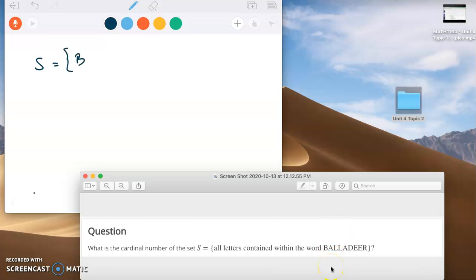We have B, A, L. Now we repeat L, so we don't use that. We repeat A, we don't use that. D, E, we don't use that E the second time, and then R. Sorry, I'm having a hard time writing that squiggly bracket. All right, so we have 1, 2, 3, 4, 5, 6. So the cardinal number for this set is 6. All right, so I think that covers a lot of